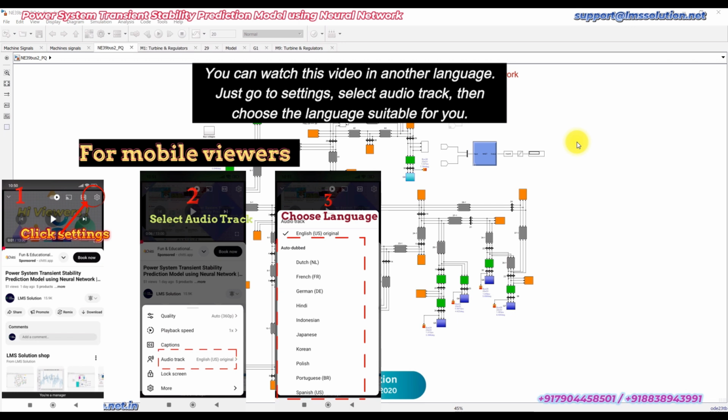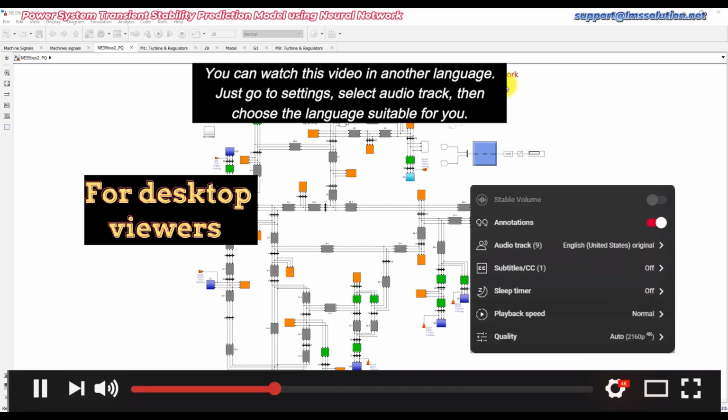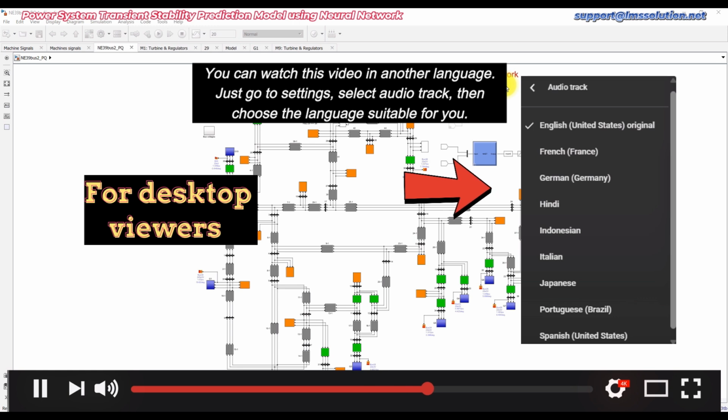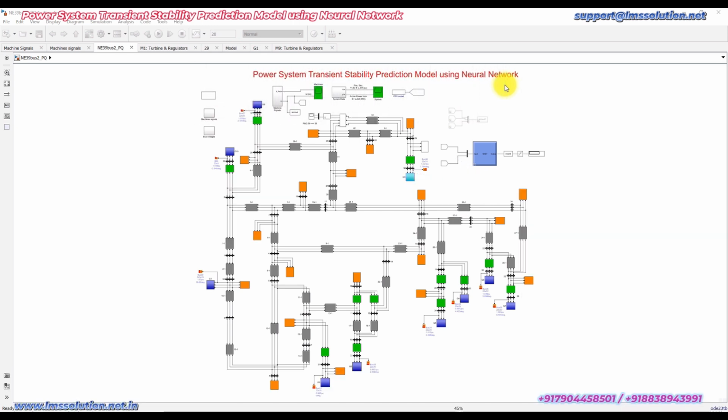Today we are going to see about the power system transient stability prediction model using neural network. In a power system, a fault may occur. During the fault, and after clearing the fault, we need to check the stability of the system, whether the system is stable or not. So based upon that checking, that means the status of the power system after clearing the fault,